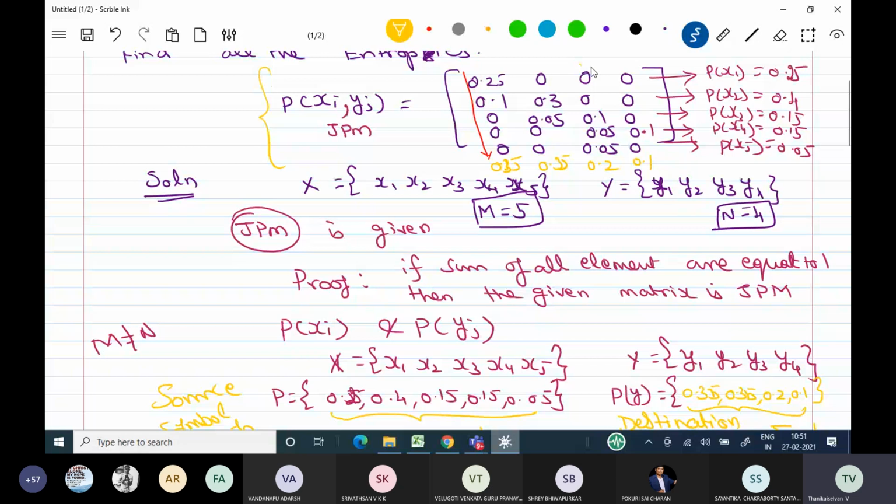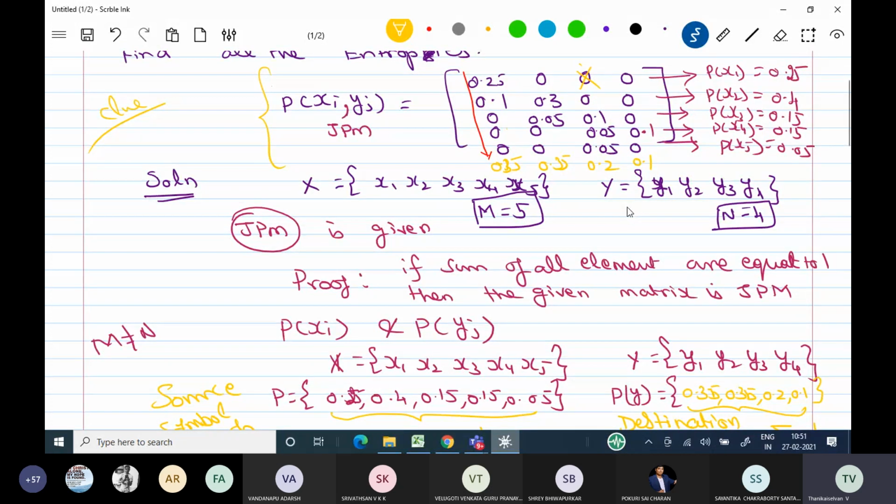Sometimes I can put x here, and you have to find what x is. Because we know that the sum of all the elements is equal to 1, that is the clue. Here, as per this matrix, the x value is equal to 0. Like that, some possibilities are there for you. I am giving the clue. Suppose any one of the values is missing, I'll tell you to calculate that missed value.